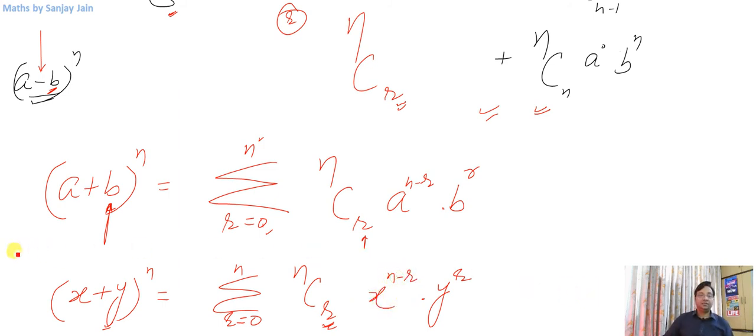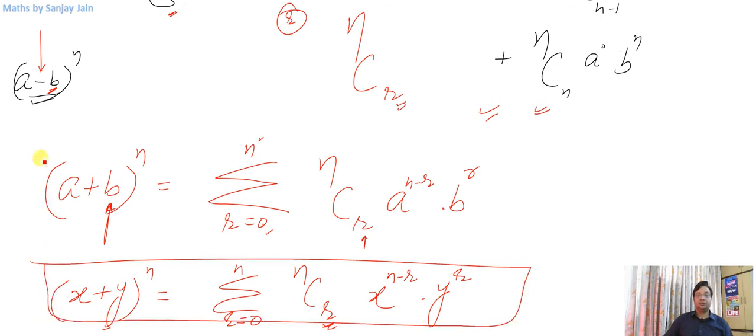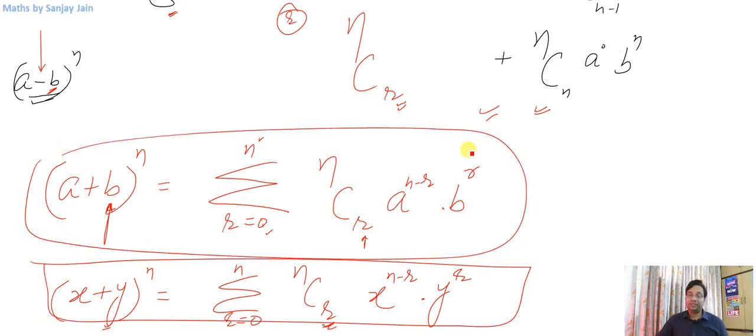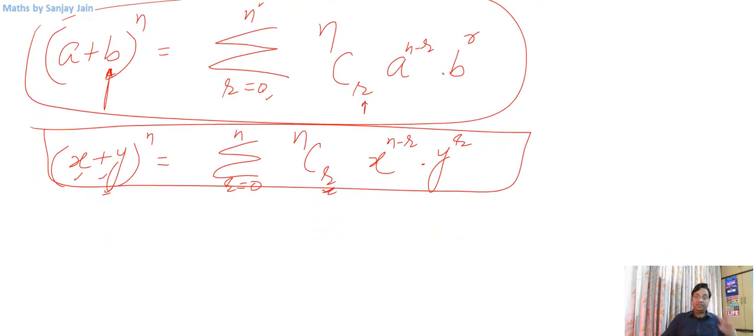So this is the formula that you have to memorize, or this one. In any form you can memorize it. Sigma r goes from 0 to n, x raised to power n minus r, y raised to power r. Or you can start with y raised to power r, so x raised to power n minus r. Okay, and we already discussed that the coefficients that are equidistant from beginning and end are equal to each other. nC1 is equal to nC(n minus 1), nC0 is equal to nCn, nC2 is equal to nC(n minus 2). This is what we have already seen.